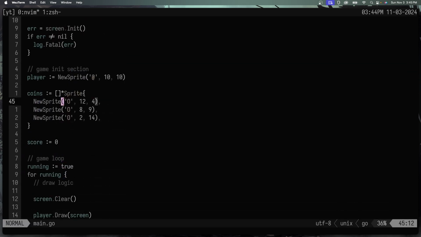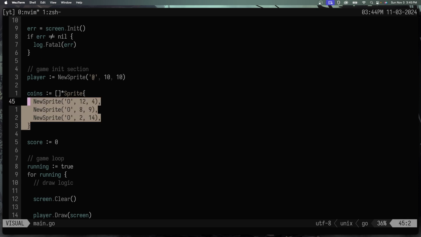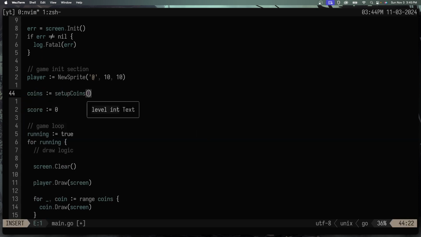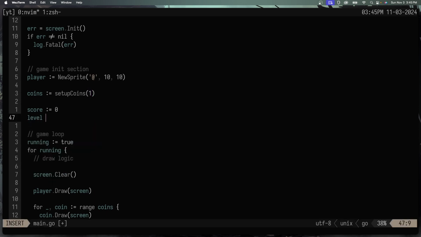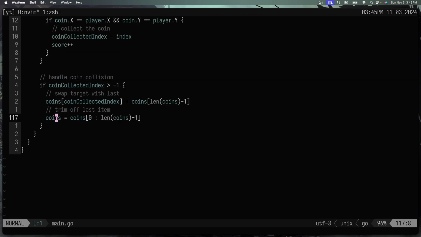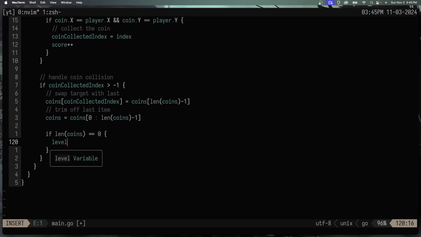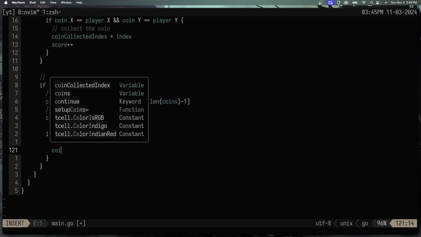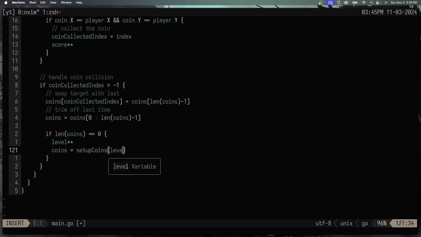Now we can set up our coins differently from how we were before. So we can go over here, remove that, and say setup coins and pass in the first level of 1. We can also keep track of the level below our score here. So I'm going to make a new variable, call it level, and set it to 1 for the first level. The final thing we need to do for this is after we remove a coin from the list, we need to check if the list of coins is empty. If it is, then we need to refresh it and increment the level. So we'll say if the length of coins is equal to 0, then level plus plus,